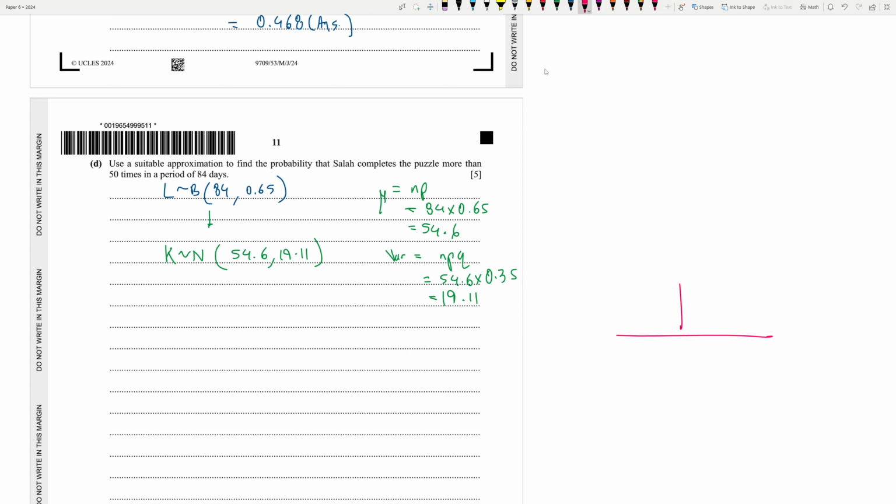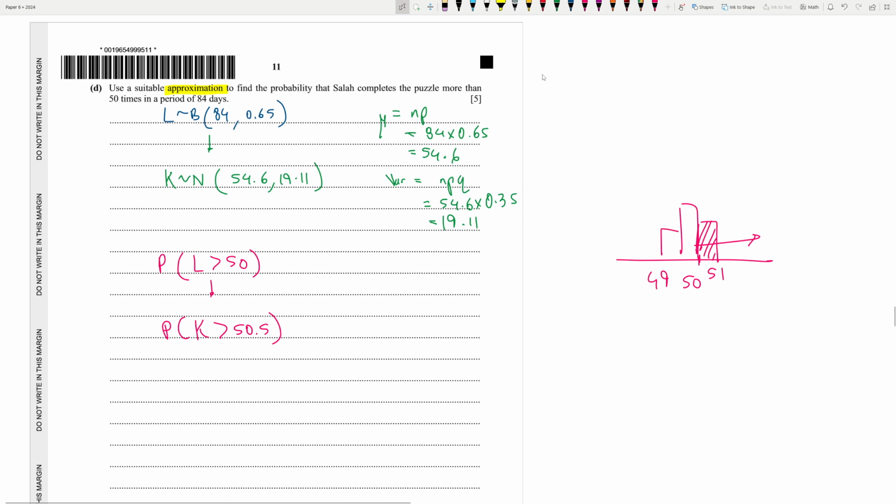So 50 times. More than 50 times. More than 50. 50 is not included. So it's from here. So we have to take 50.5. So we are adding the probability that L is greater than 50, but it's too hard to apply the binomial distribution. It's going to be too complicated. So we are going to convert it to a normal distribution. How? So P(K) is going to be greater than 50.5. We just applied the continuity correction of 0.5. That is what you have to do in all sorts of sums with approximation, yeah.